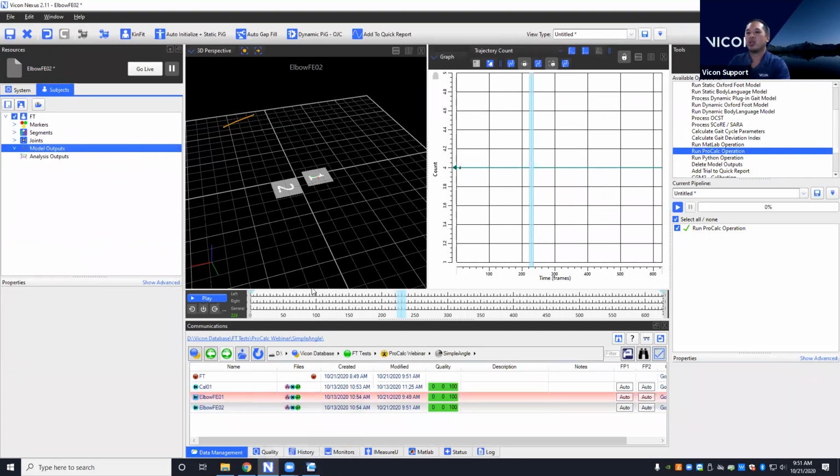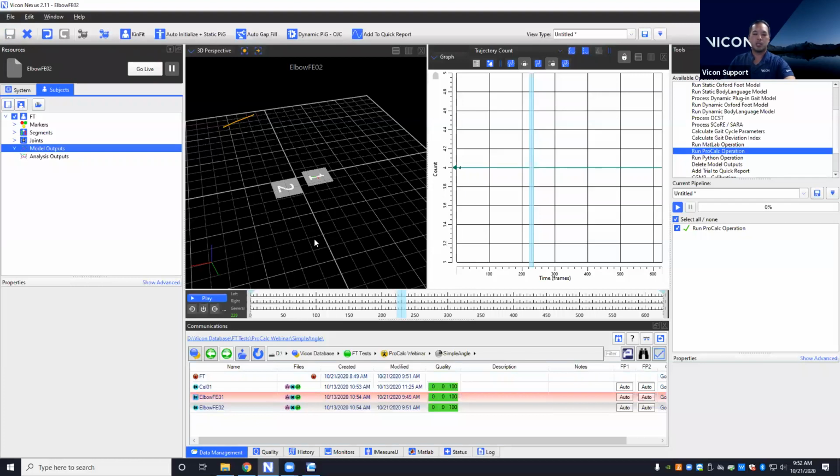But in this way, you can mark as many trials as you want, or you can do batch processing by saving a pipeline and processing as many trials as you want as well. So it's quick, it's powerful, and you can write it back to the trial very easily, which is probably an advantage over some other means of modeling, perhaps. So I'm going to just go ahead and save this trial, and we're going to move on to a